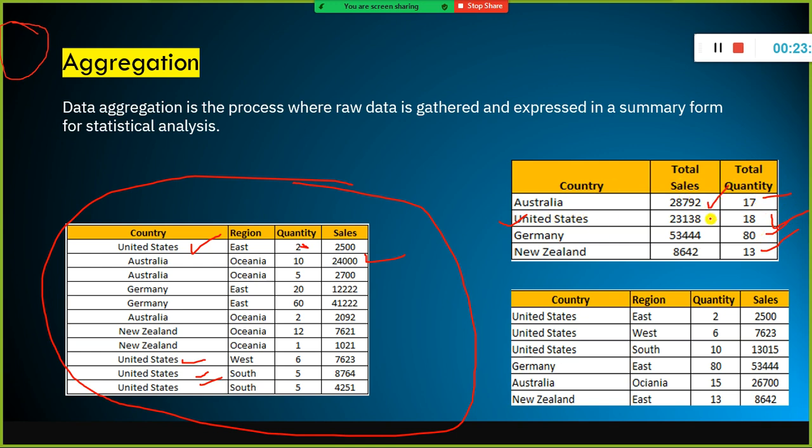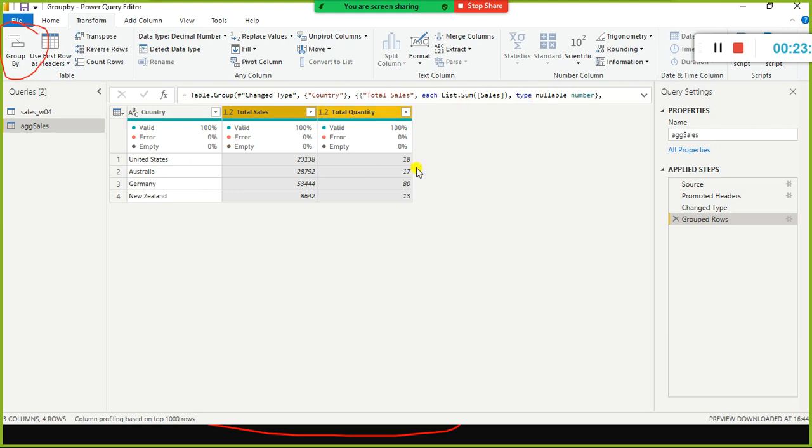Similarly, total sales or total revenue which we made by country, we can see it here. Very good. Only when you use the advanced option can you select more than one column that you want to aggregate.